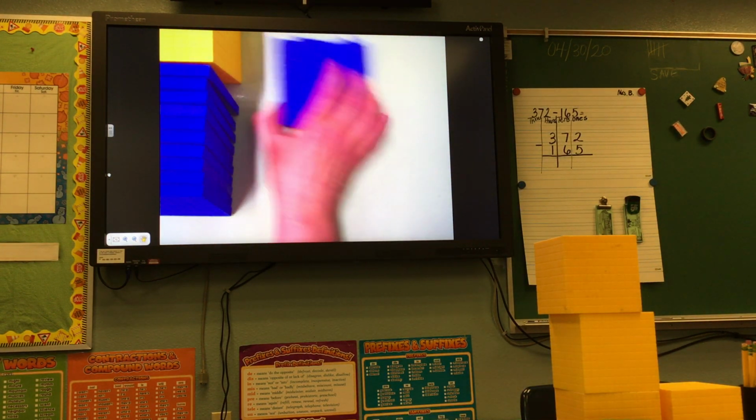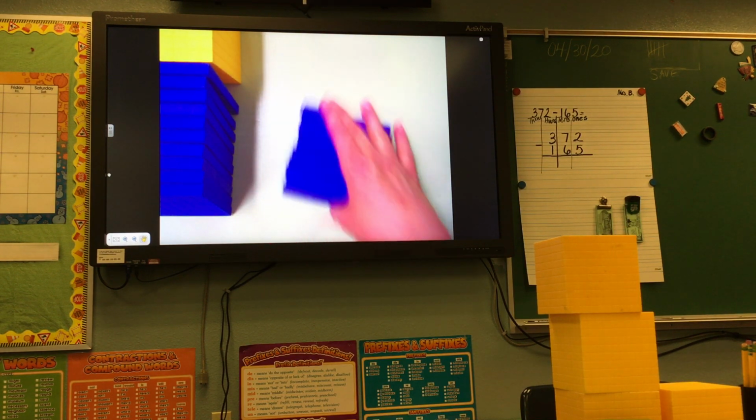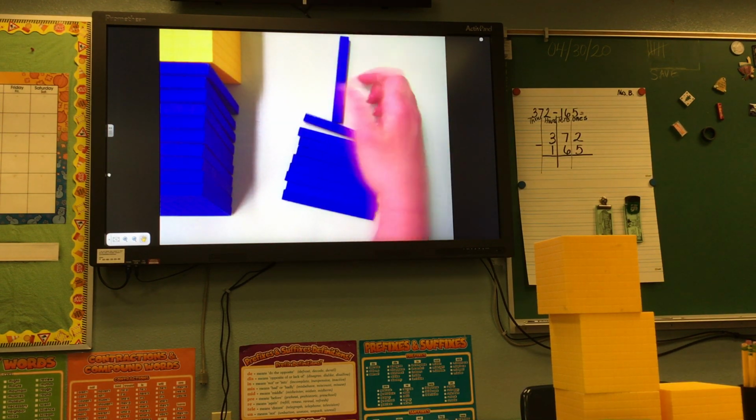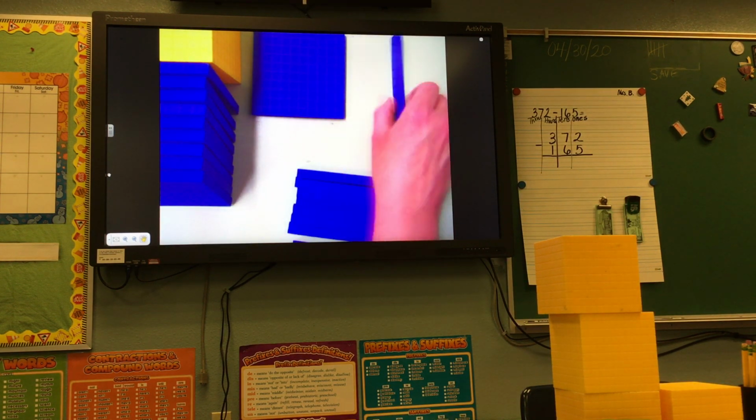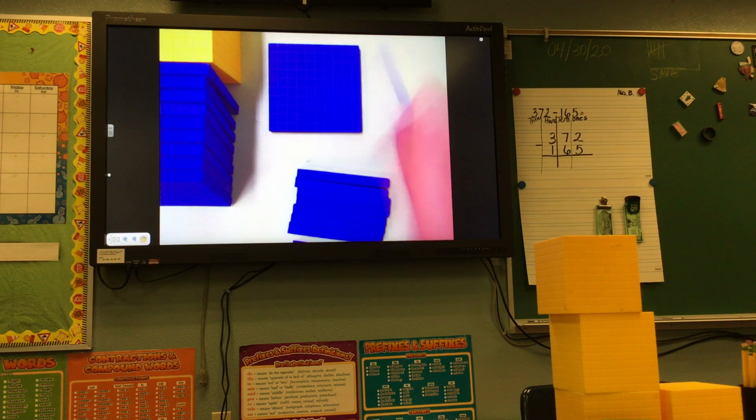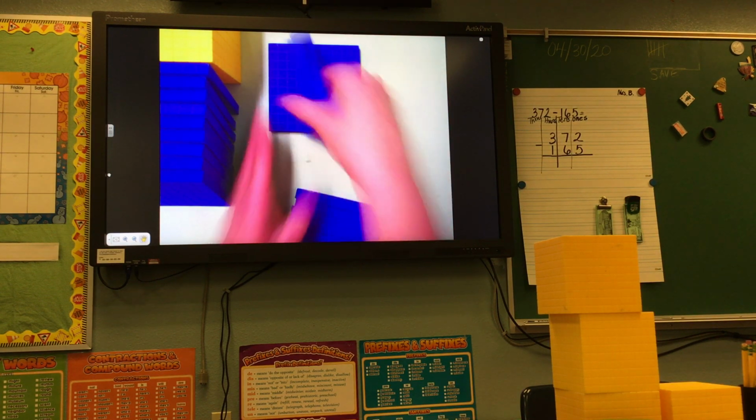Now I have all my 10 sticks here. And 10 sticks, remember we said we could chop it back up into ones. How many of these 10 sticks is it going to take to make one of the hundreds flats? Let's find out. I have 1, 2, 3,